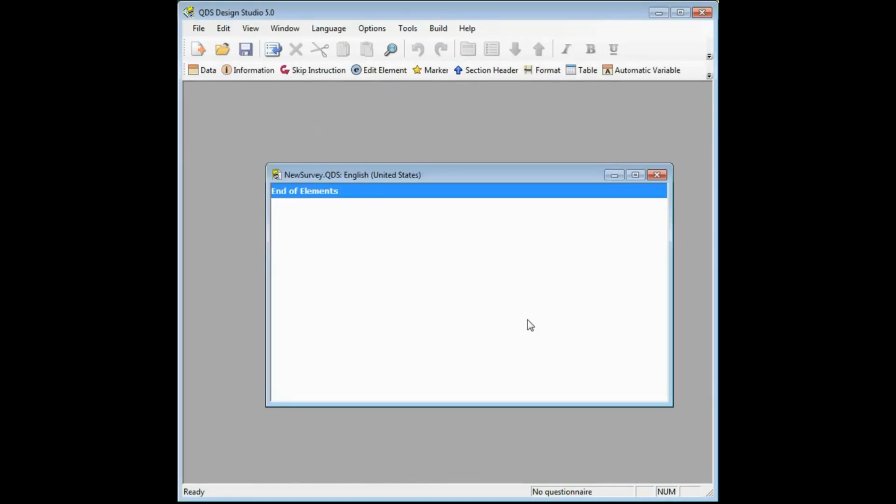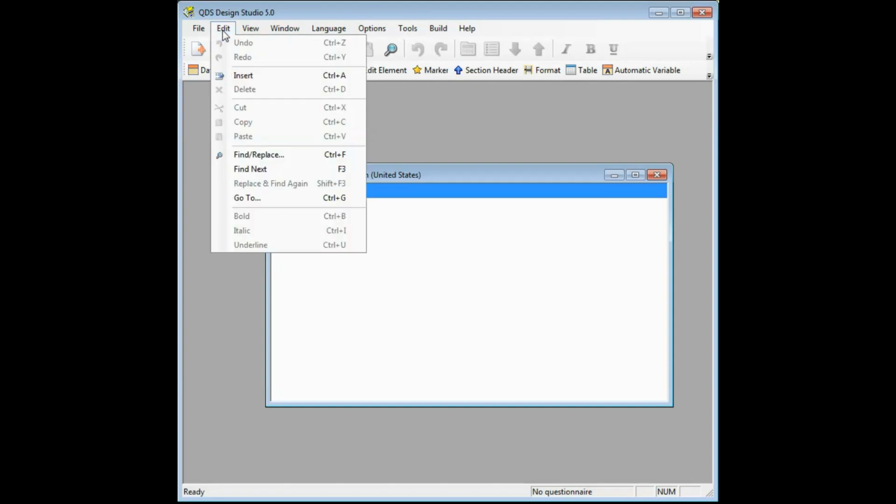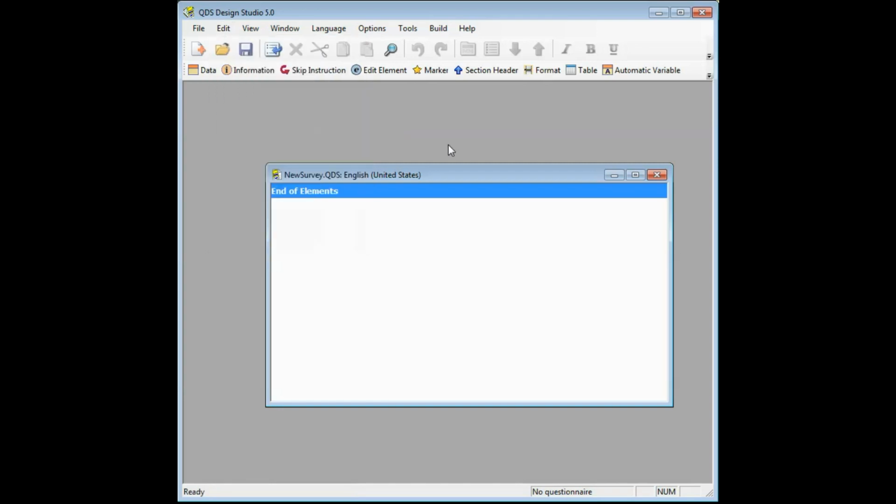Then you'll notice that you have a mostly empty window showing only a line labeled End of Elements. As you build your questionnaire with different types of elements, they're going to appear here in what we call the element listing. First, we'll add a subject ID question. You can do that in a couple of different ways. So you can go ahead and go to the Edit menu item and go to Edit Insert,